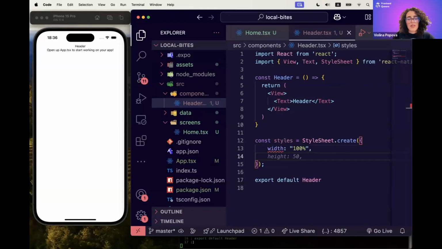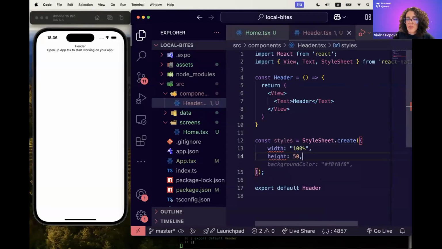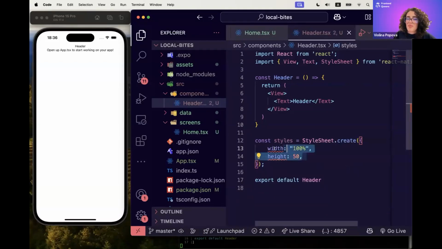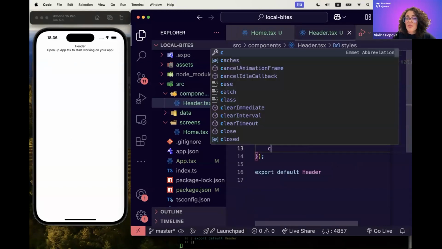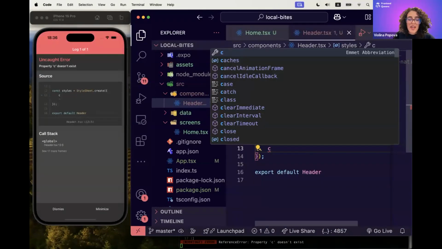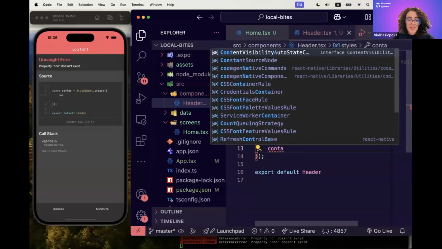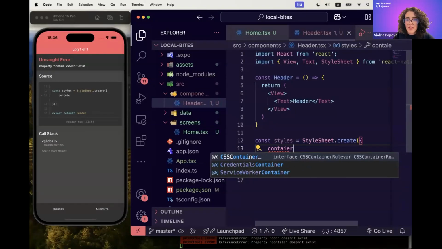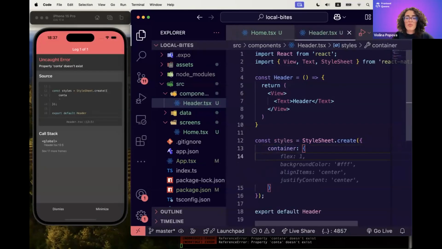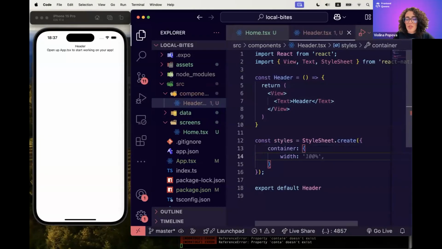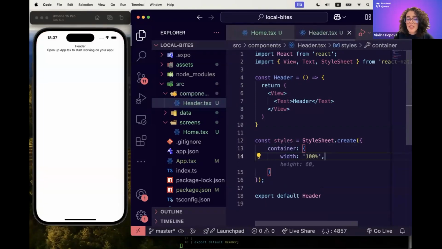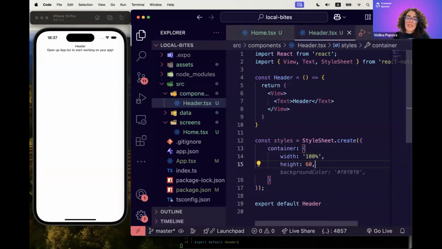Oh, sorry, I forgot to add the things which we are going to style. For the header view, I will add the container style. And here in the object, we can add the needed styles. So first, the width will be 100%. The height could be 60, and